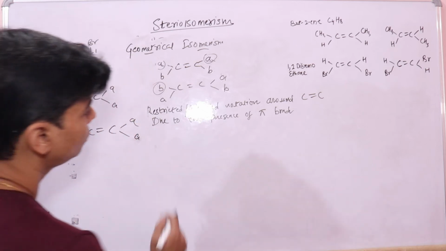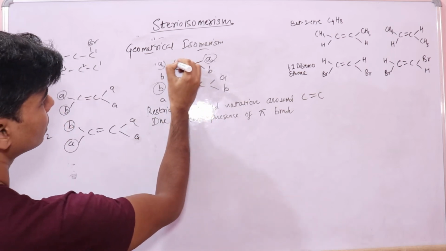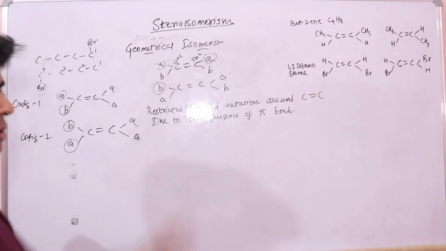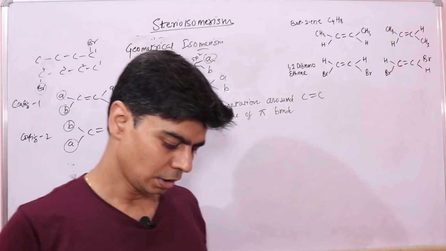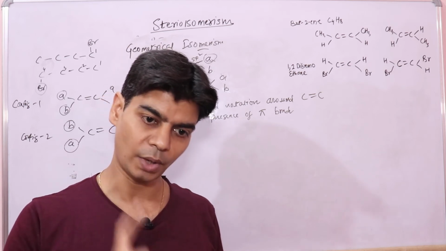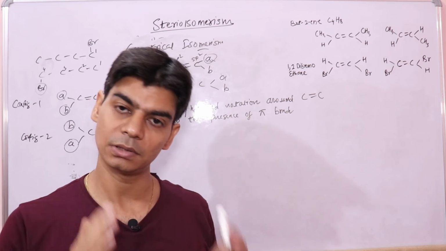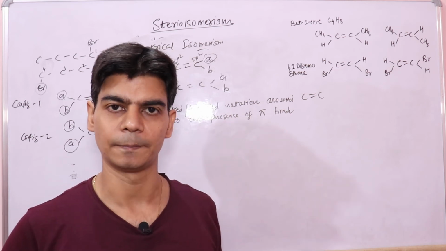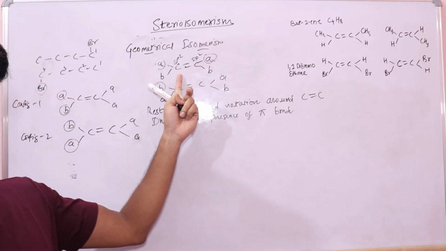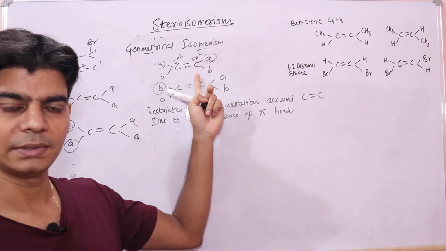If we look into these types of molecule here, the carbon atom is sp2 hybridized. Here both these carbon atoms are sp2 hybridized. If you remember, we have done in chemical bonding, in sp2 hybridization we have one p orbital which is unhybridized, which does not take part in hybridization, right? So on this carbon atom we have one unhybridized p orbital. On this carbon atom we have one unhybridized p orbital.